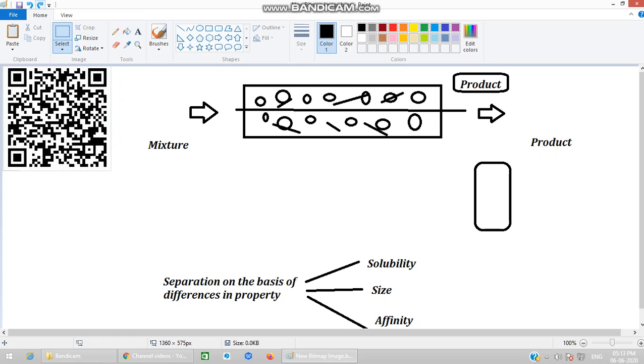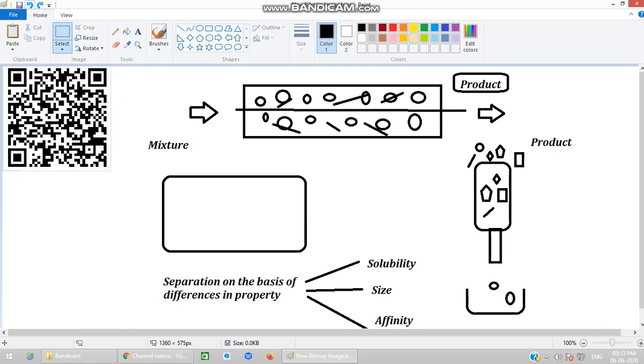Now for simplicity, once again we are drawing a column. From this also it will be clear for you. This is a chromatography column, and this is the reservoir in which you will collect your products. Now the mixture is like this. How many different components are there? 1, 2, 3, 4, 5. Out of the 5 different components, four are trapped inside the column, and only the round component has come out of the column.